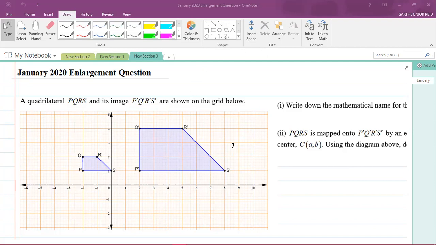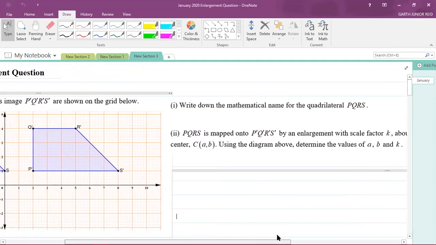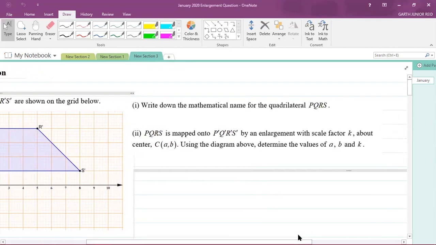Now this is not the actual image of the question from the paper. I was the one who put the coordinates or the polygons into my mathematics software and put the image here, right? Because the image that I had in the paper was actually a bit blurry, so you wouldn't have seen it clearly. All right. So we're given this here, and it says to write down the mathematical name for the